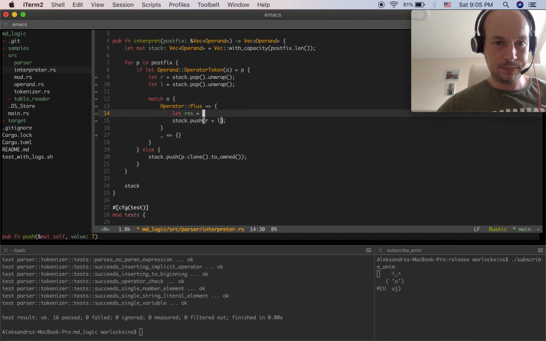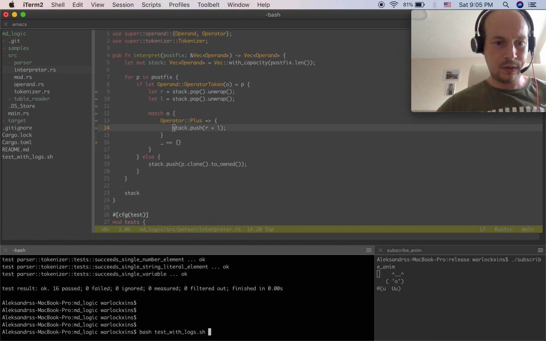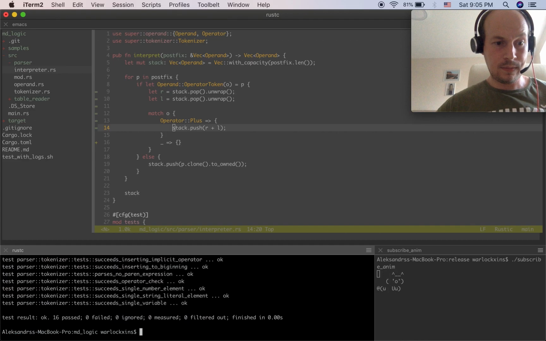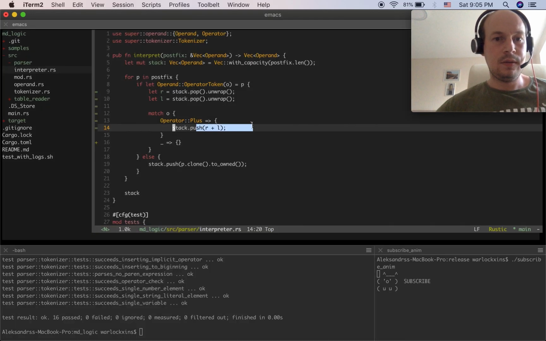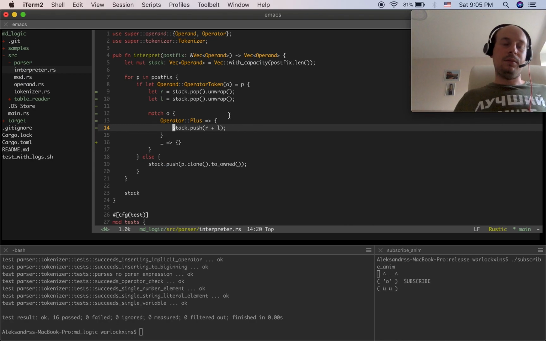And yeah, just remove extra variable allocations. All right, so this works. The hell is going on here? All right, I'm not gonna go into details here. So I've got my plus working,